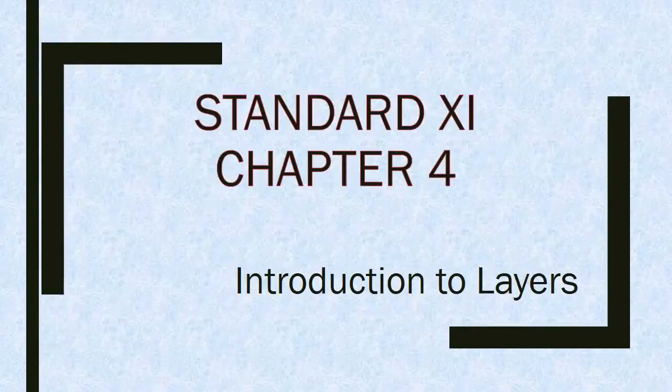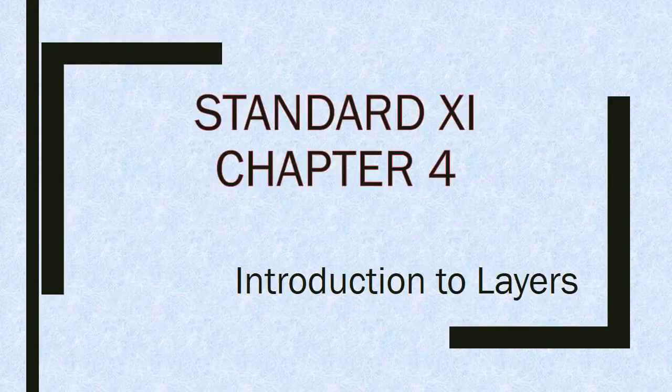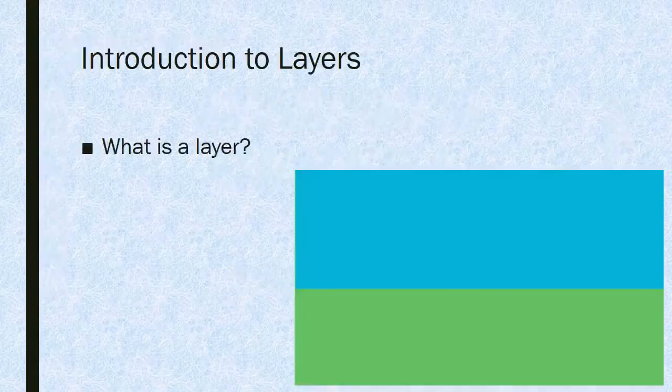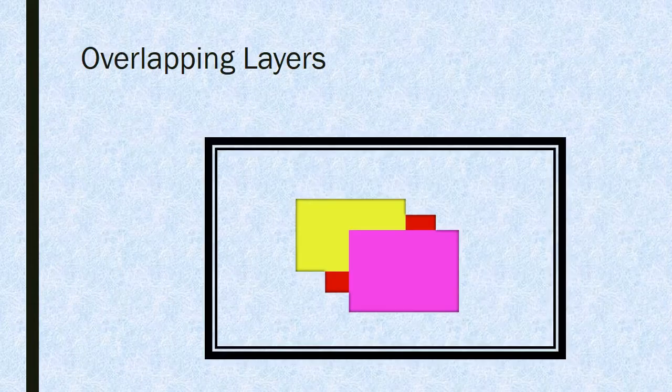In this video, we are going to learn about using layers in Synfig. Now let's see what is a layer. For example, when we create an animation, there are few things which are steady and few things which are moving. So actually all these objects or elements that we have used in the animation are individual entities. So they are created in layers.